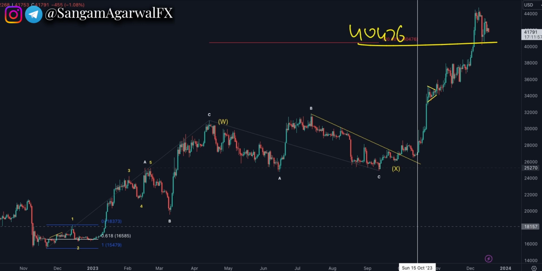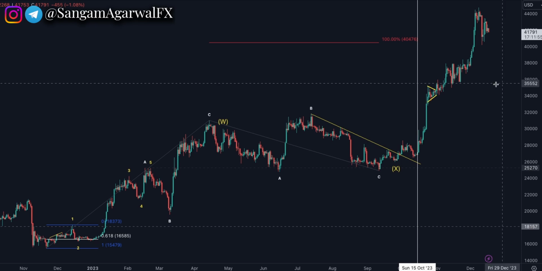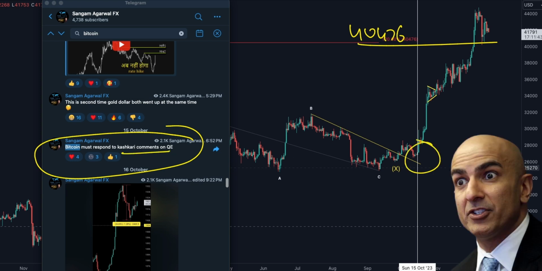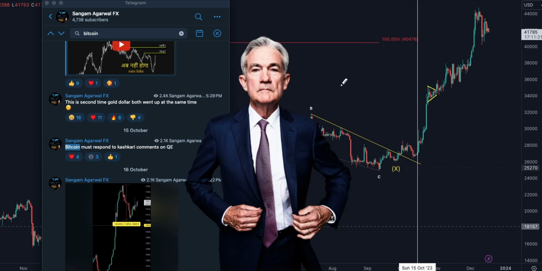4476, and this is happening because when famous FOMC member Kaskari said something about QE on 15 October, since then it is going up. And now last week Fed chair is saying something about QE, and at the same time you can see profit taking in Bitcoin. So this is your buy the rumor, sell the news